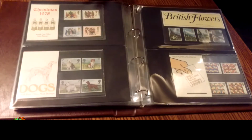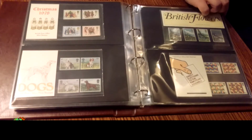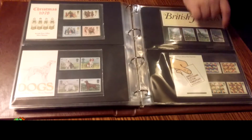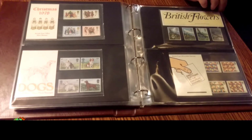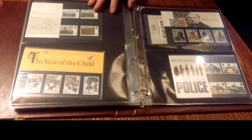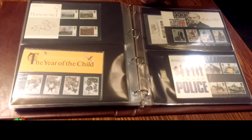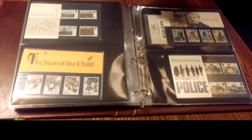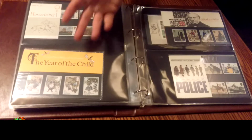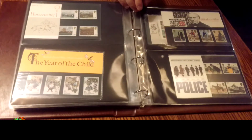So more Christmas stamps, dogs, flowers, direct elections to the European Assembly. Yep, we need stamps to commemorate that. Horse racing. So we just had horses. We're going to have horse racing now. And then the Year of the Child. I don't really know what that is. I'm not certain. I should really take these out and read them at some point to see what they're